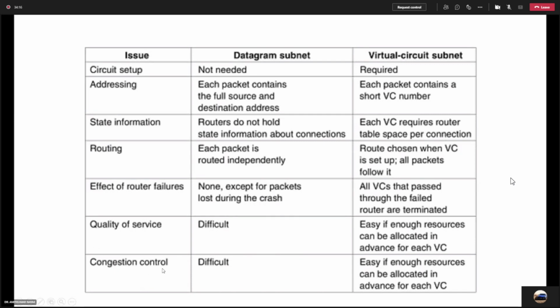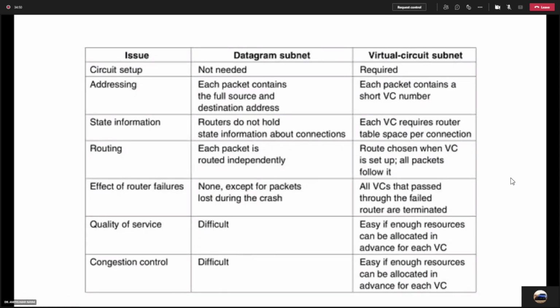If you consider the network traffic, if you consider the individual node, then congestion means the number of packets which are transmitted, the number of packets which are dropped, and the number of packets which are received. To deal with congestion, it is very difficult to implement the algorithm for connection-less communication. And it is easy in connection-oriented communication to deal with the congestion or to deal with the network traffic.